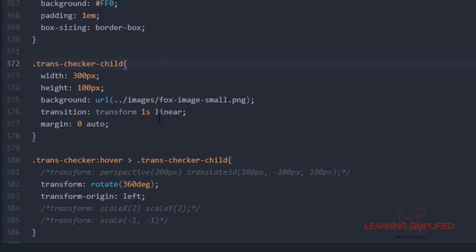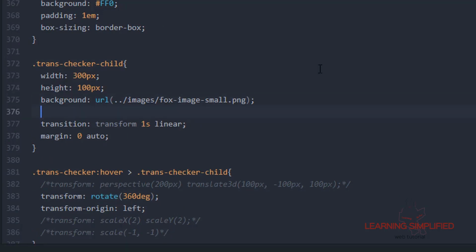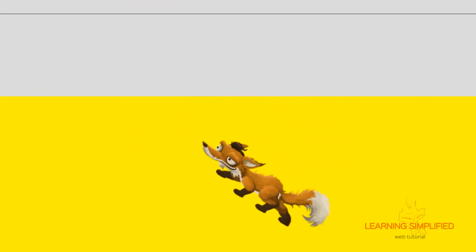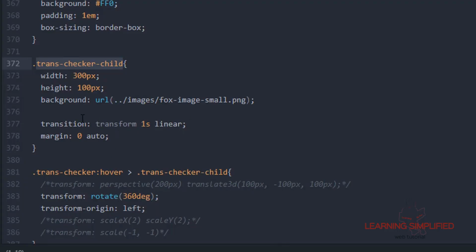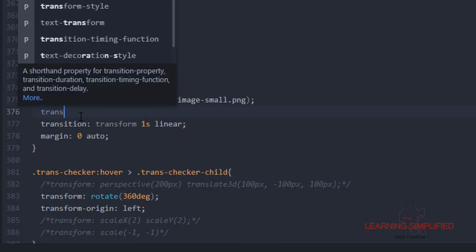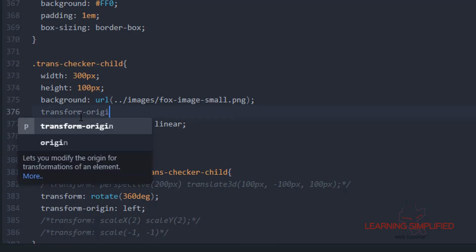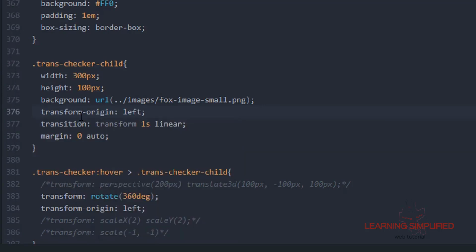In that case, we need to get back to our project, and here into this particular trans checker child where this image is practically situated, we need to mention a transform origin and we are mentioning it as left. But as we have told you earlier, transform origin is never supposed to take place without any definite transform function properties.